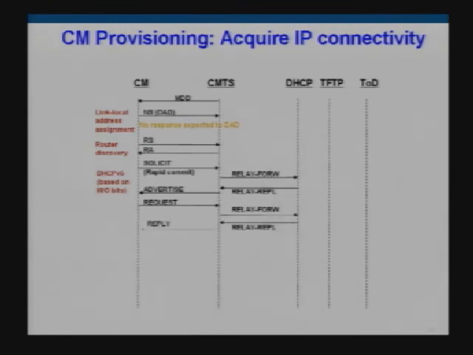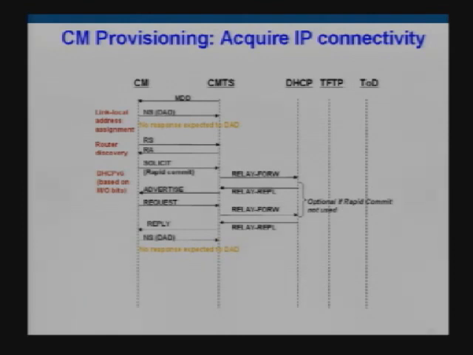And finally, there should be a confirm going back, which we missed adding over here. However, after the global address has been assigned, it has to go through another step of duplicate address detection. But if the DAD did not happen in the first case, it's not going to happen in the second case either. And what is shown here on the right is that the advertise and request can be optional,